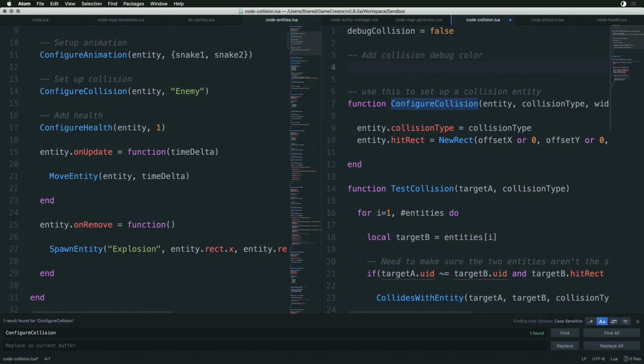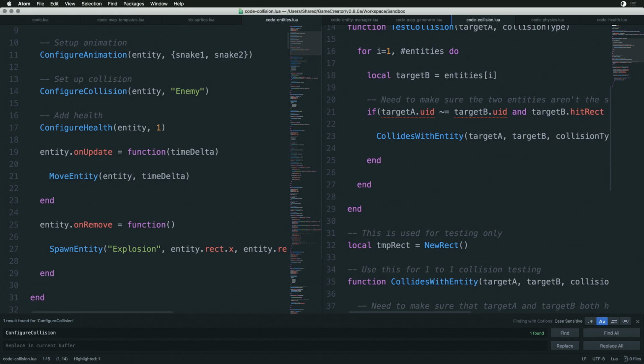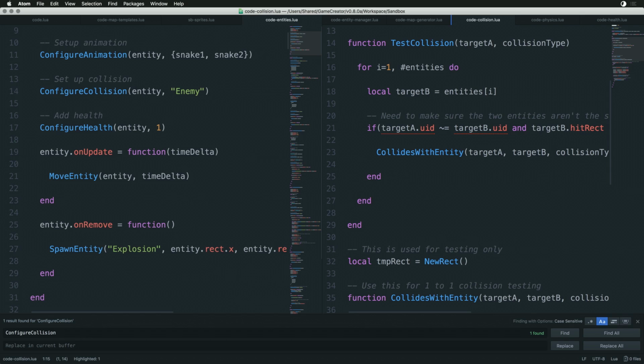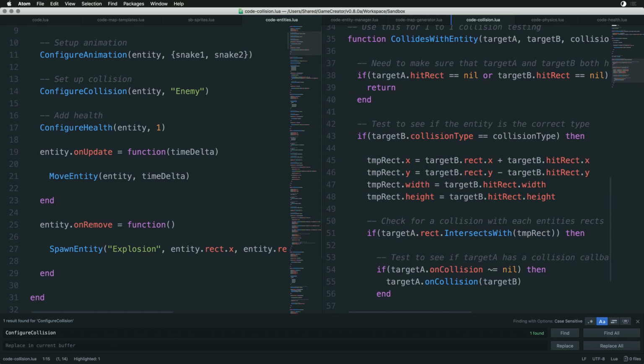So color ID 4 is going to equal FF0000, right? And on update, test collision, new rect,